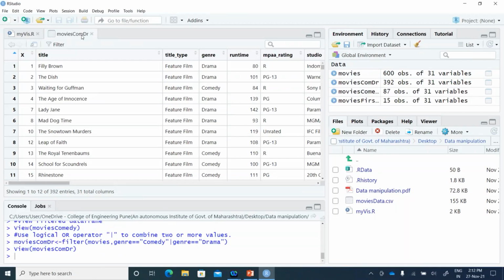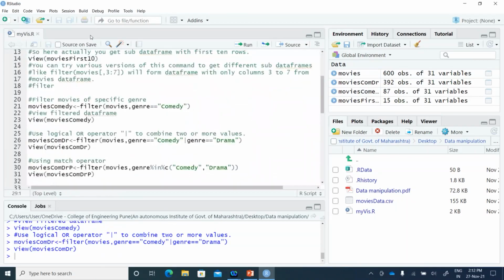There is one more operator which I should use, which is called the match operator. What does it do? The match operator is denoted by %in%.